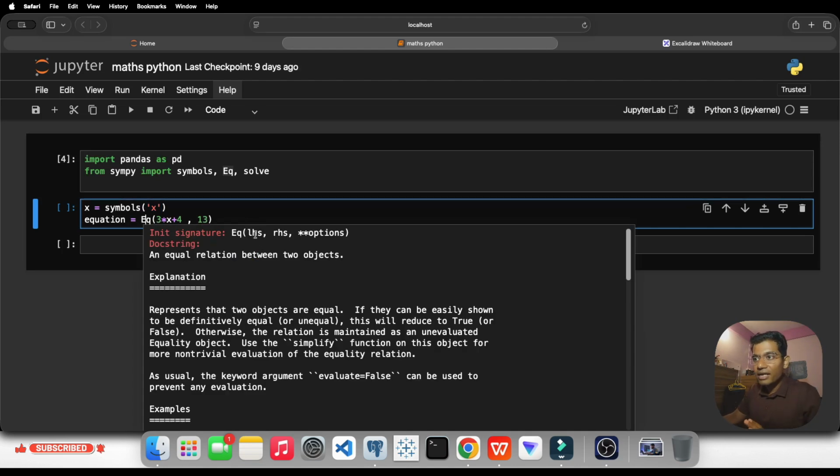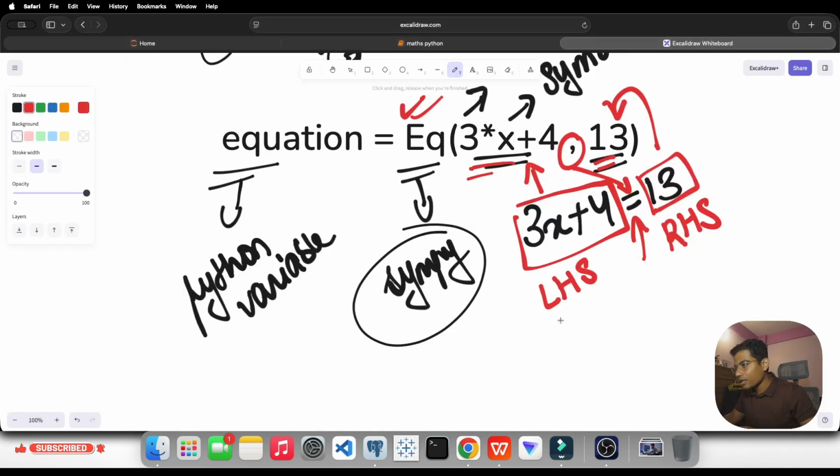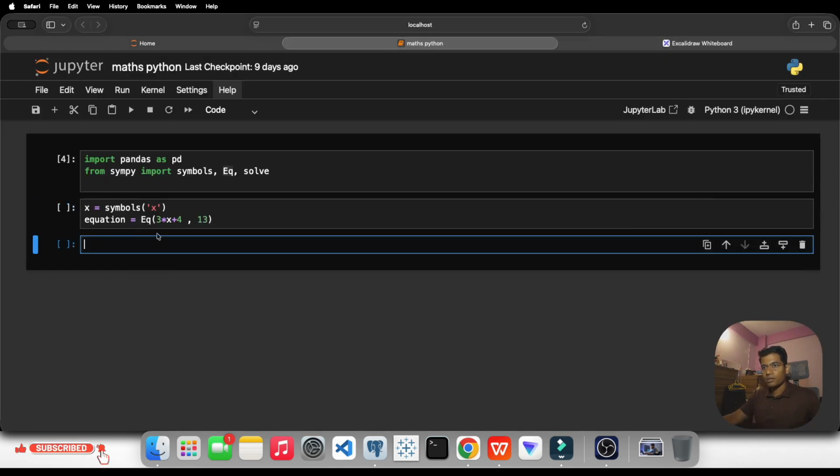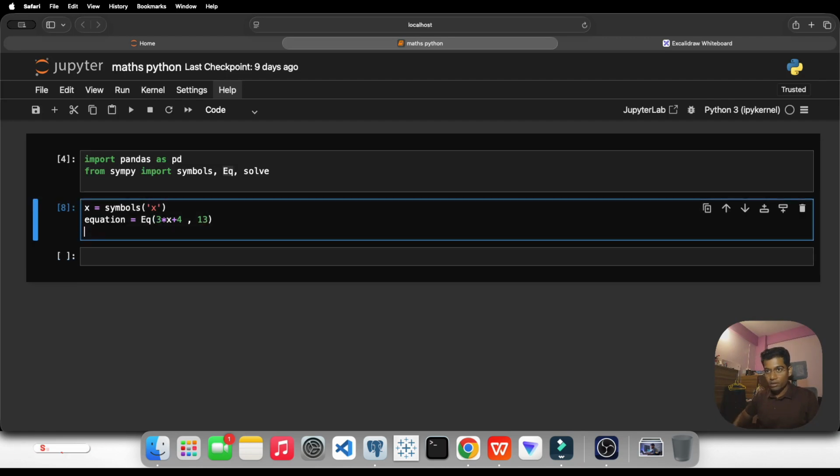See, LHS RHS, what they have given? LHS RHS means left hand side, right hand side. Left hand side, right hand side. Is it visible? Yeah. Simple as it is. So right now we will be giving one more thing here,